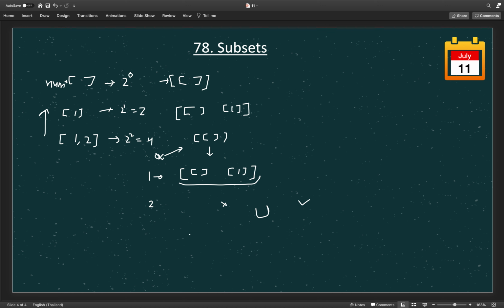In case we are not adding 2, our subsets stay as they are: the empty subset and the subset of 1. In case we are placing 2, in the empty subset if we place 2, this will become the subset of 2, and in the subset of 1 if we place 2, this will become 1 and 2. So what we did now is the union of these two cases, one where we do not include 2, another where we include 2. So in total we got 4 subsets.